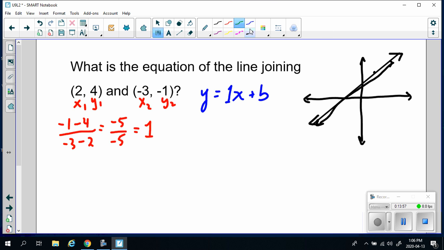Luckily, it's actually quite easy to solve for b if you know literally any point on the line. All you got to do is plug in the points for x and y, and you can solve for b. So I'm just going to choose this one because I like working with positive values, so this one's going to be easier to do. I'm going to plug in for x and y, and I'm going to solve for b. So 4 is equal to